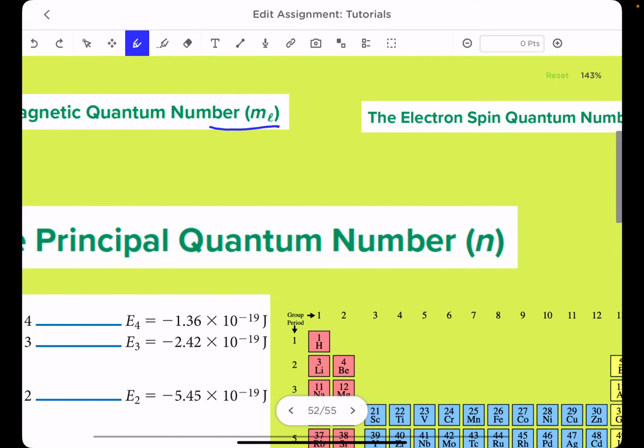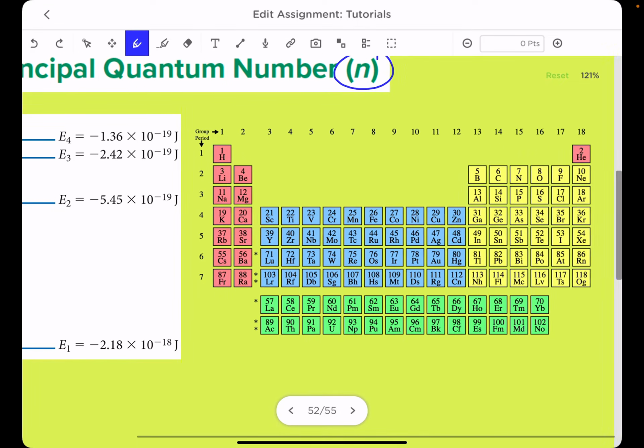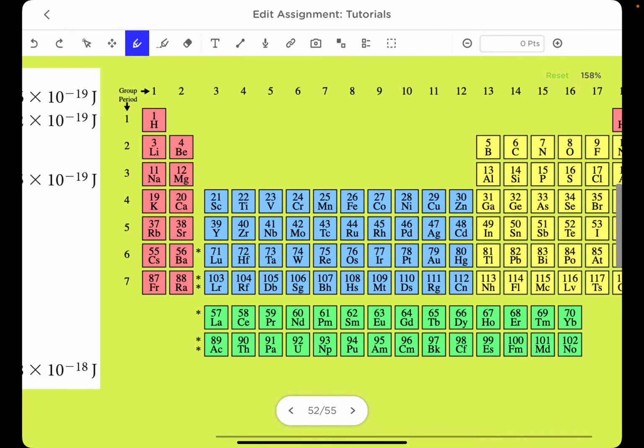So let's get started. First, the principal quantum number N. The principal quantum number N characterizes the size and the energy of the orbital. N can have integral values 1, 2, 3, up to 7. Look at the periodic table. You see here in the periodic table, I have 1, 2, 3, 4, 5, 6, 7 periods, 7 rows. And there is no 8 or 9 or 10. This is why values of N go from 1 up to